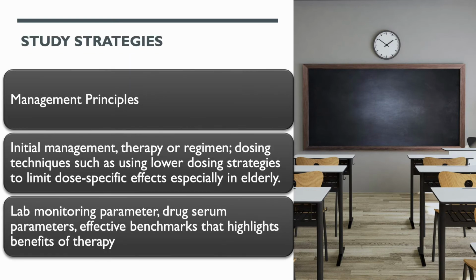Knowing the management principle of a disease condition is another key study strategy. You want to make sure that you know initial management therapy. You want to make sure you know the dosing techniques, such as using lower dosing strategies to limit dose specific effects in elderly patients or pediatric patients. You want to know the lab monitoring parameters, the drug serum parameters, as well as effective benchmarks that highlight benefits